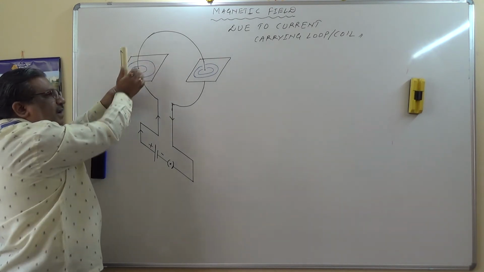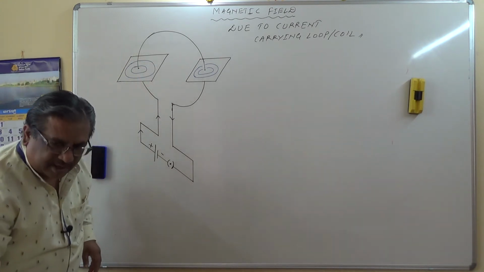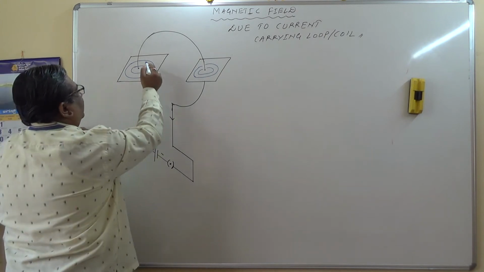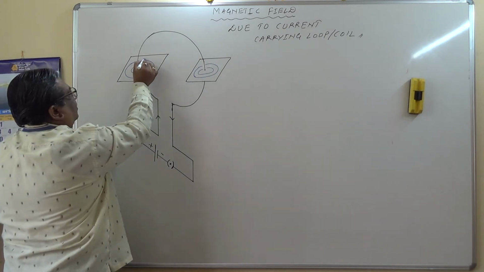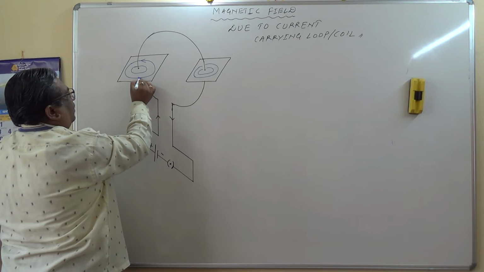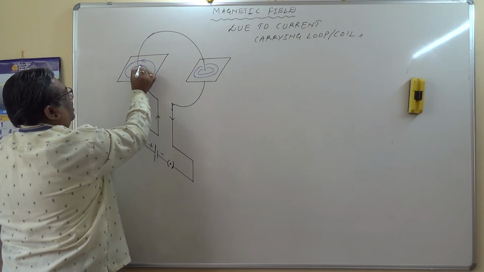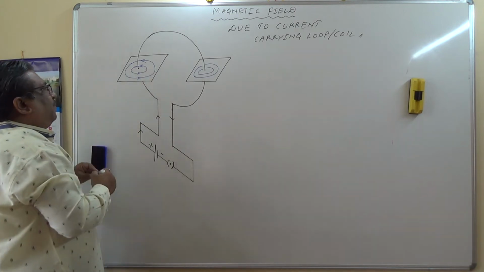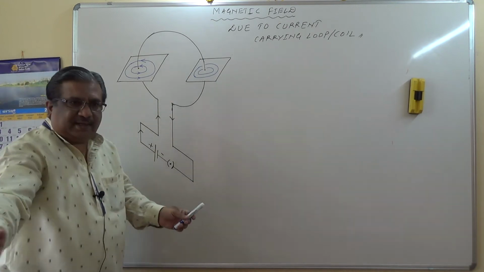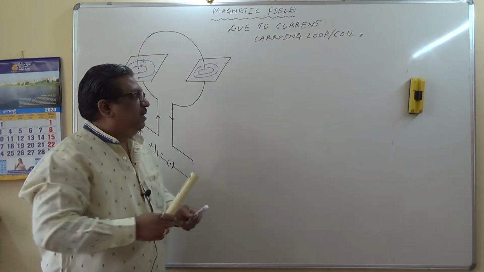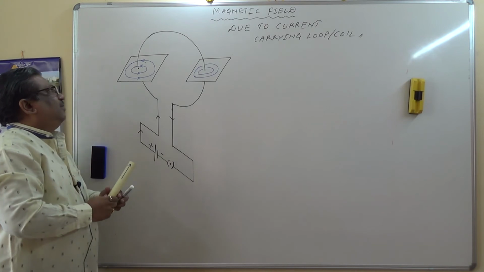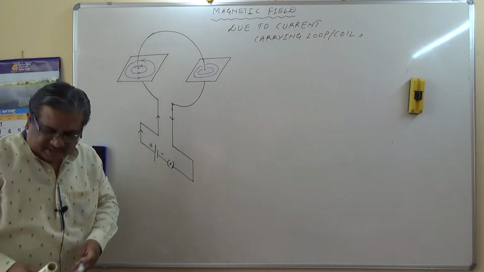like this. They are entering, and therefore the direction can be like this. Here, this is the direction. What about this side? Now, at this point, let us try to find out the direction of the field lines. See here,